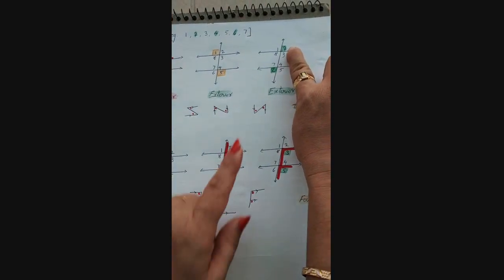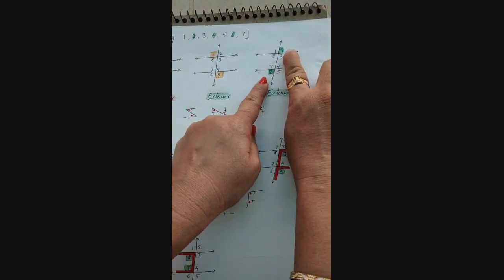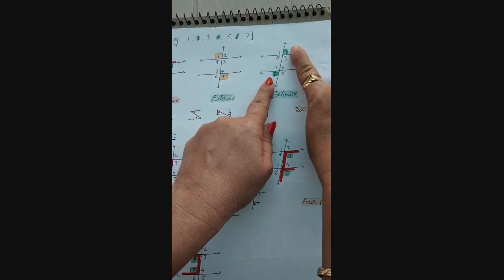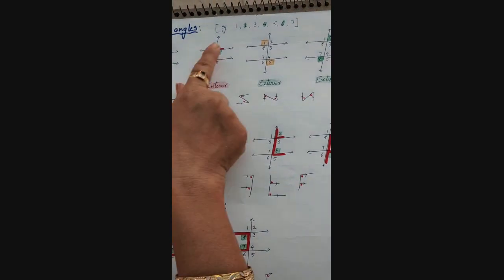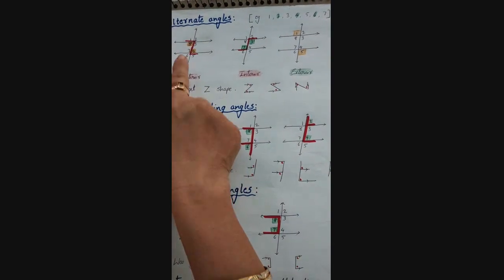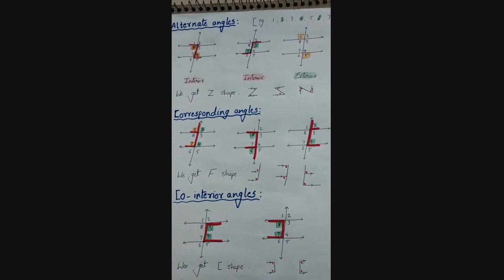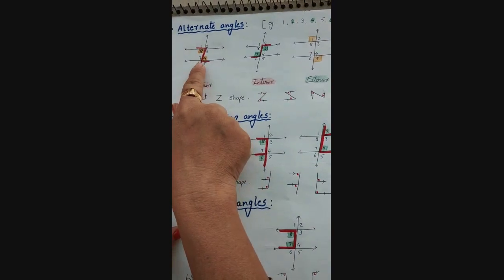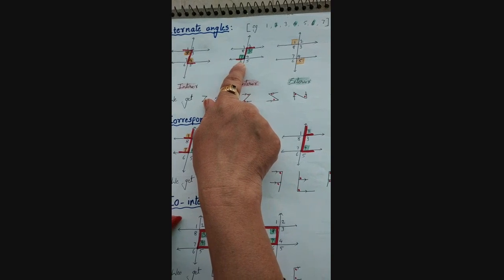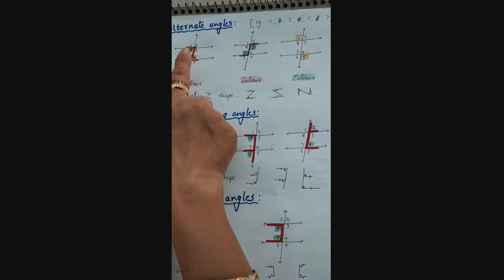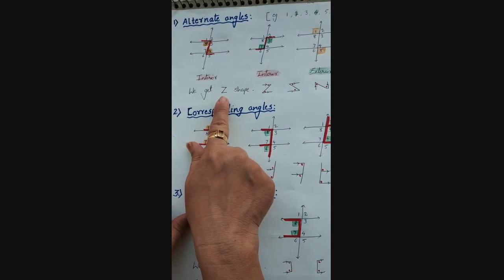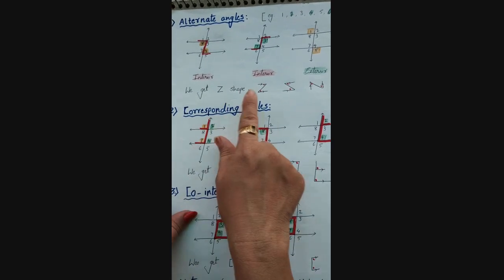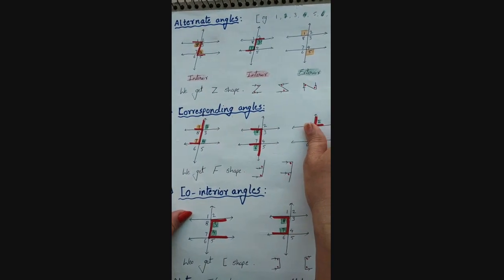Similarly, if I start with 2, leave 5, take the next 6, so 2 and 6 are called alternate exterior angles. Here one thing, can you see this red color? Can you see which letter it is? Yes, this is the letter Z. This is again the letter Z. So whenever we are getting alternate angles, we always get a Z shape in all 4 rotations.